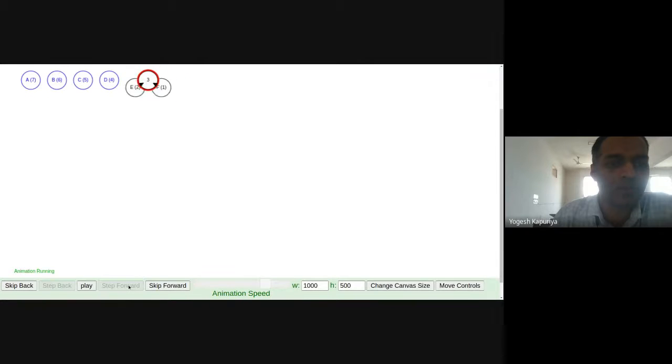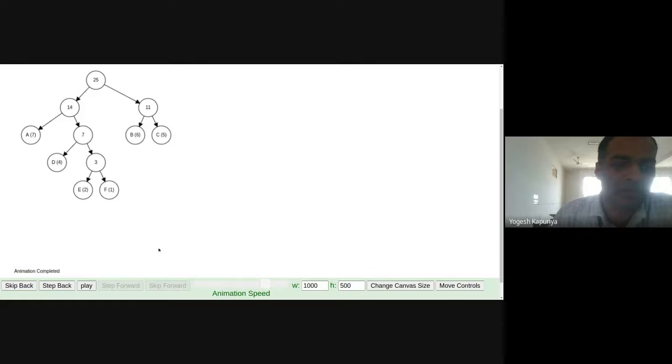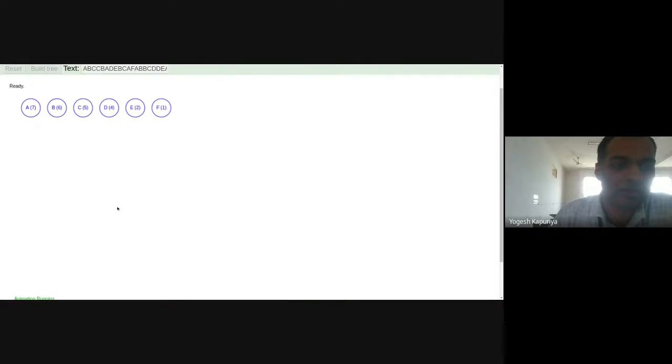So now we are generating an intermediate node. Now because E was having frequency 2 and F is having frequency 1, the intermediate node will have a frequency of 3.